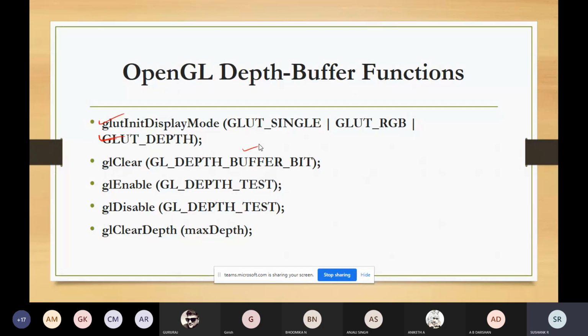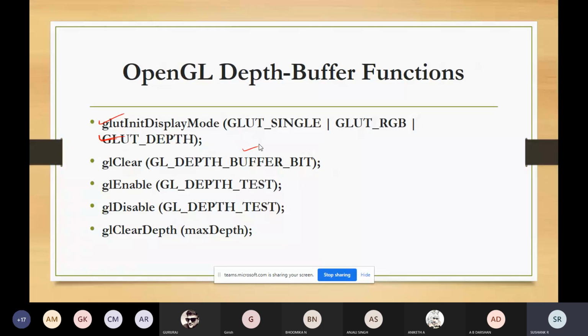But you should clear the depth buffer values every time you want to display a new frame.